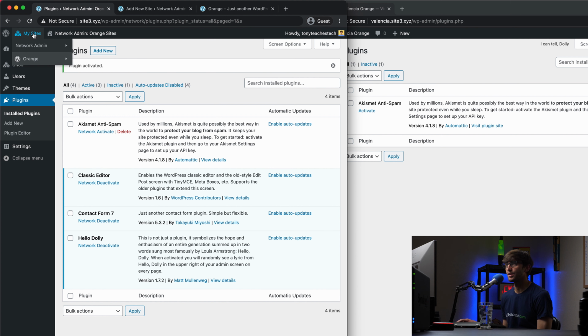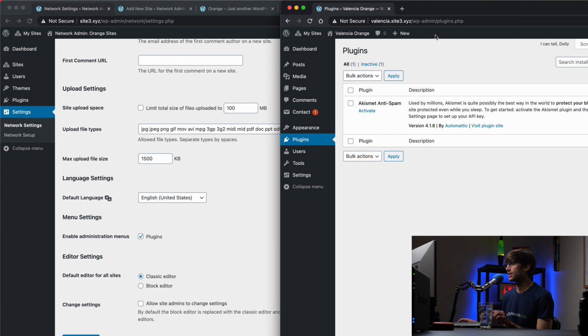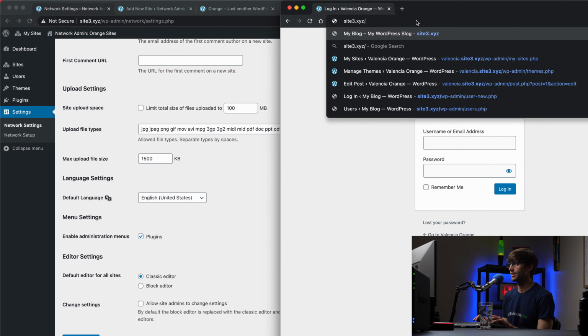We can enable that functionality by going to network admin settings again. And here it says under registration settings, allow new registrations. So basically, both sites and user accounts can be registered. Before I save it, I just want to show you what the default is. So if I log out of here and I just go to site3.xyz/wp-admin,